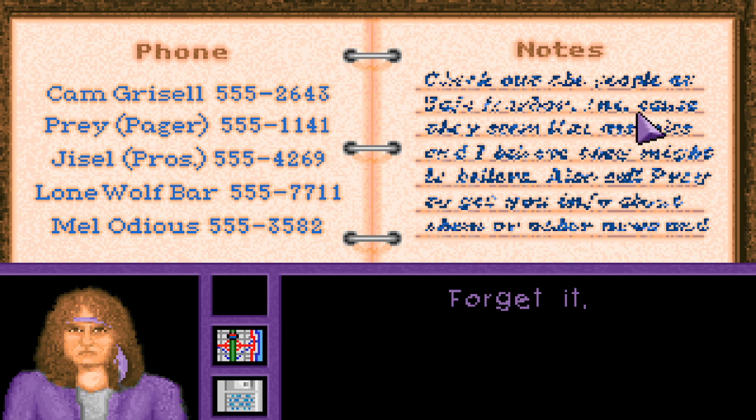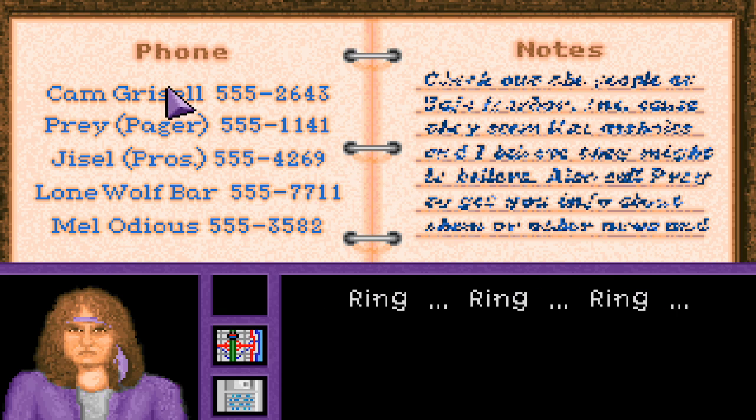And I think it says, because they seem like... and I'm not sure what this is. It's talking about how Blackstar believes there might be something going on here. And here it's talking about asking Prey for something. Okay, I think it says something about info. Anyway, call back Cam.